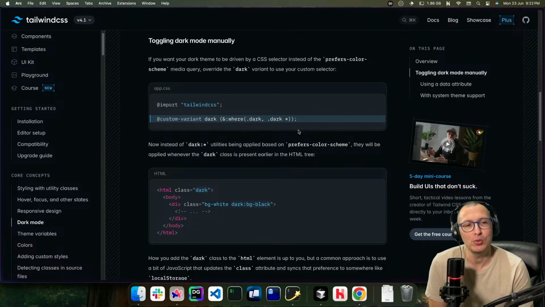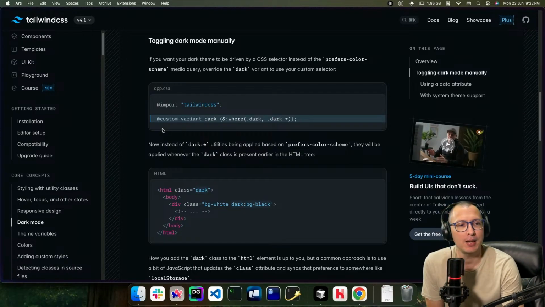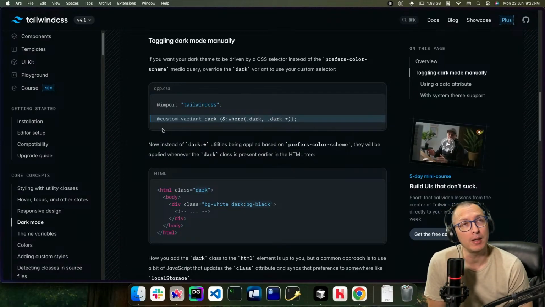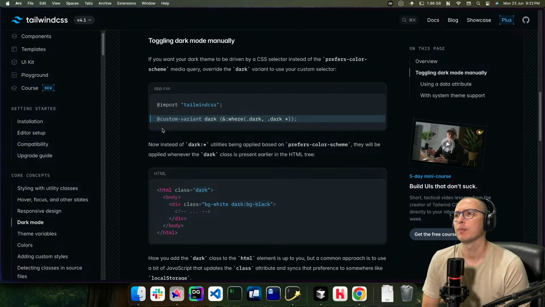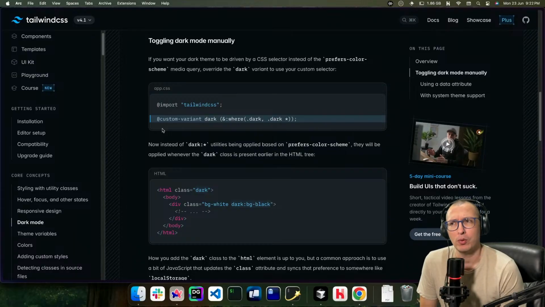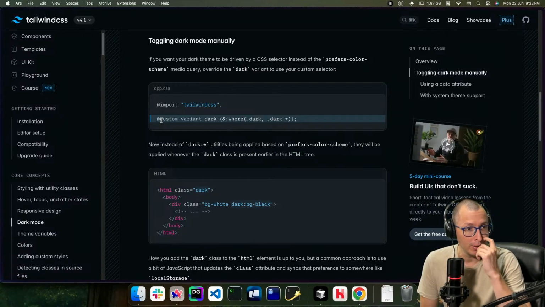Huh. Usually, I used to do this inside a tailwind.config file, something like that. There was a configuration file for Tailwind. Now you do it in the CSS file directly. That's interesting.